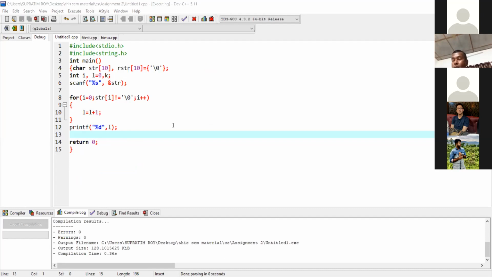Sir, I put COMP 4. Output is 4, sir. What are you putting? COMP. So now the length is coming. Yes, sir. Now for reversing, just make the criteria: how to make a reverse string, position 0 and the main string position 10. Okay, sir. That logic you can put over here, then it will come. Yes, sir.